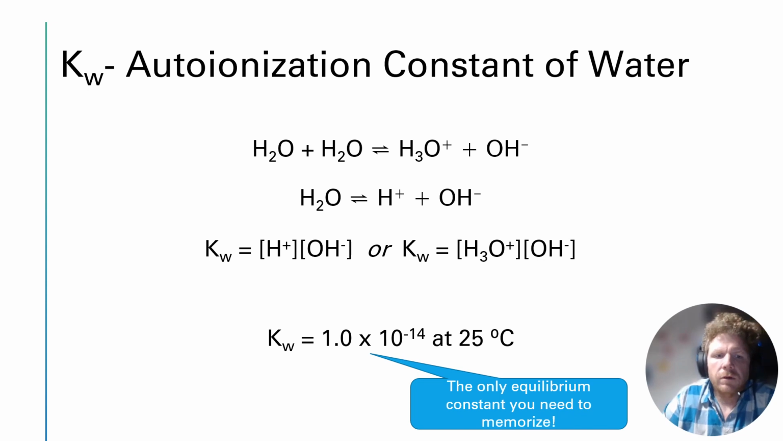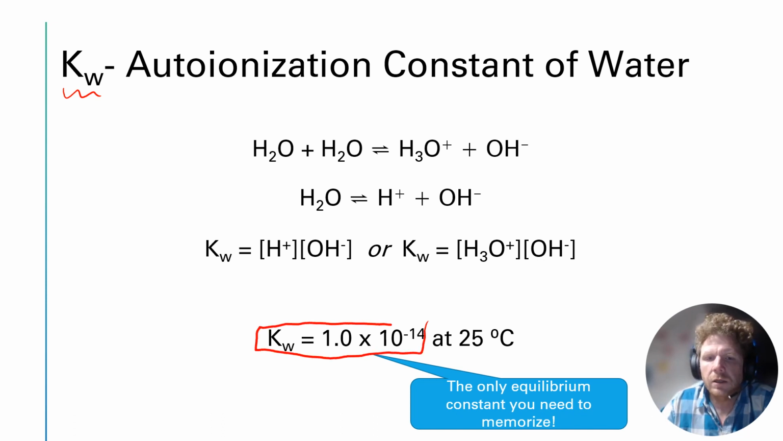and that is this idea of Kw. So Kw is what's also known as the auto-ionization constant of water. And Kw has a value, and that's a very important value for you to know, and that is 1.0 times 10 to the negative 14th at 25 degrees Celsius. And this is something that's going to come up in your homework problems. And what's valuable for you to know is that in your homework problems for chapter number 16, they're all done